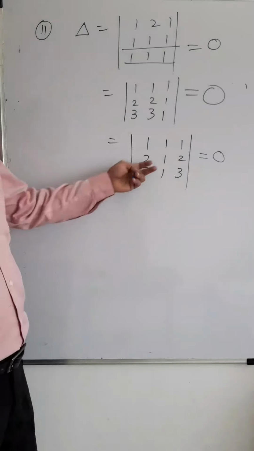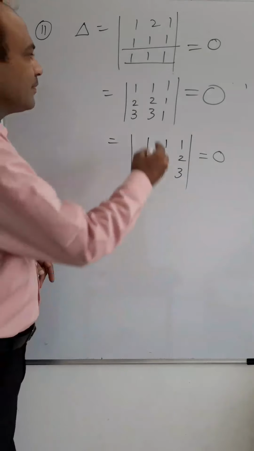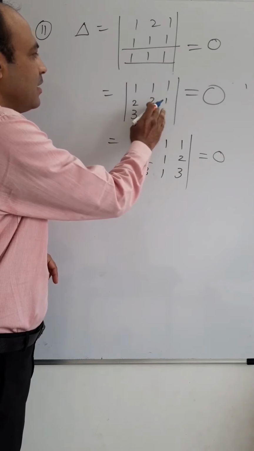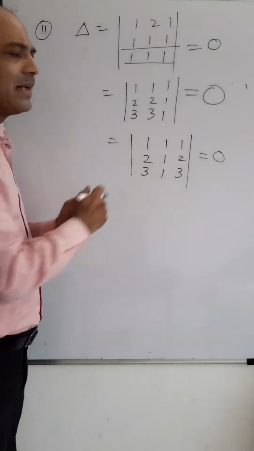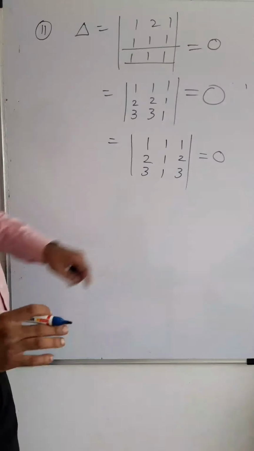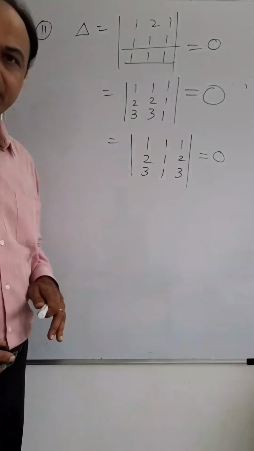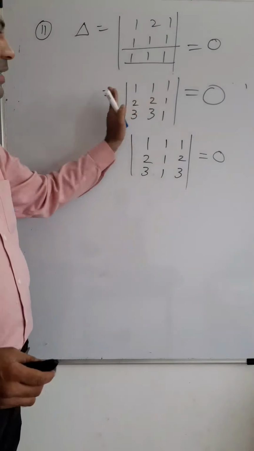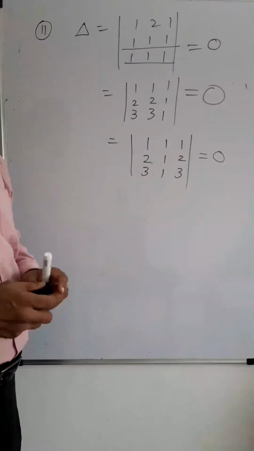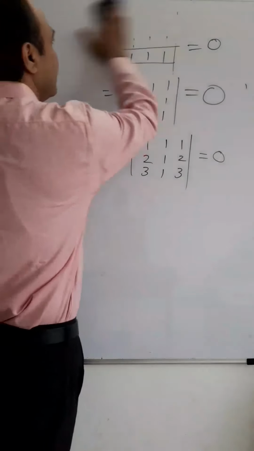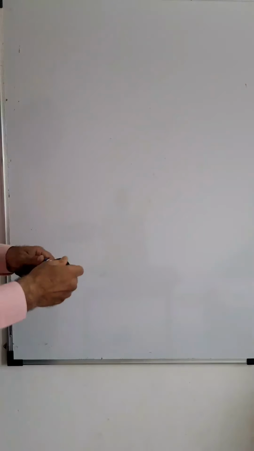So you can say two adjacent columns are equal or two adjacent rows are equal. Suppose I have written 1 2 3, 1 2 3, so adjacent or not adjacent, the value is going to be 0. So this is a very important property, you have to remember it: two rows or two columns, adjacent rows and adjacent columns, or even if not adjacent but identical, the value of that determinant is 0, clear. I am recapping the properties once; I believe everyone knows them.